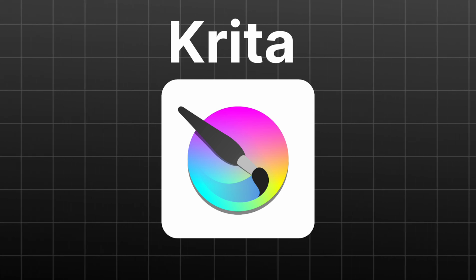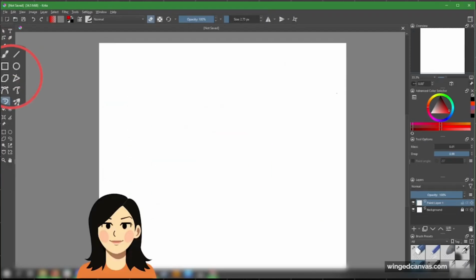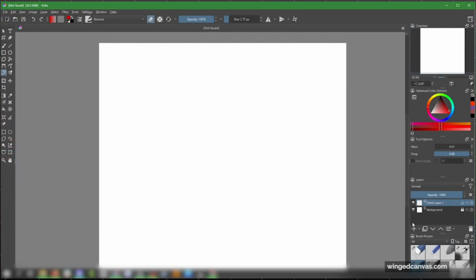Finally, Krita is known primarily as a digital painting tool, but has a strong animation feature set. Krita's frame-by-frame animation feature allows for easy, traditional-style animations. The interface is intuitive, and you have access to a range of brushes and layers to create detailed artwork and